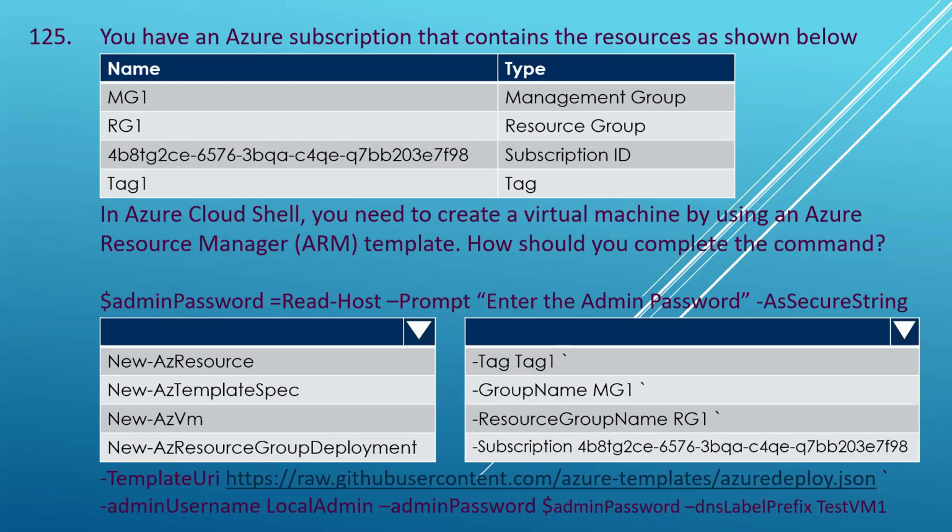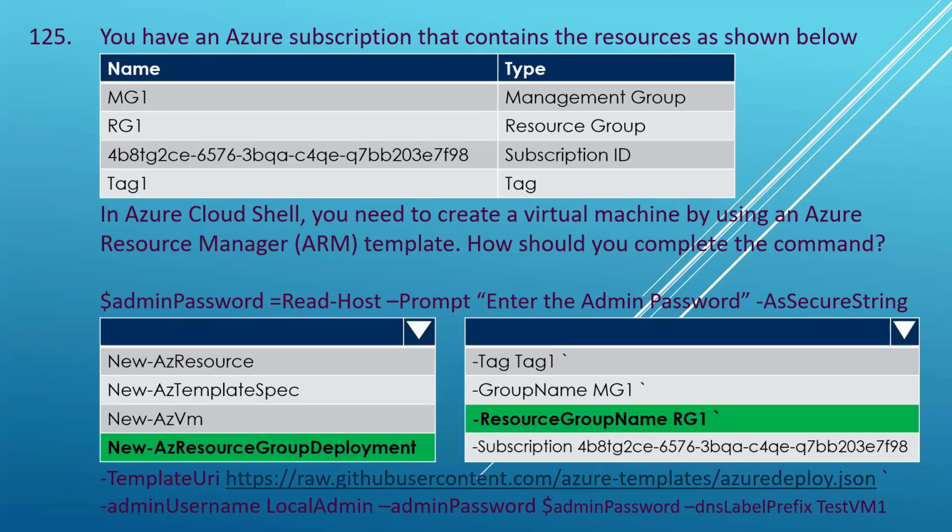Now from the table, you can see resource group 1, RG1, already exists. So you would be deploying a VM using an ARM template in an existing resource group using the cmdlet New-AzResourceGroupDeployment. Basically, you would be doing a deployment into an existing resource group. So obviously you'll choose New-AzResourceGroupDeployment in the first dropdown and